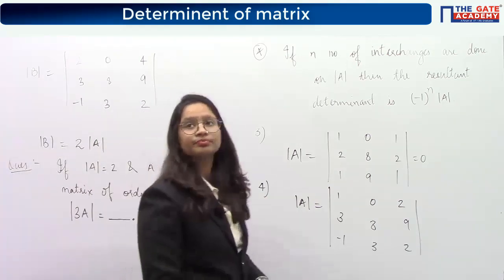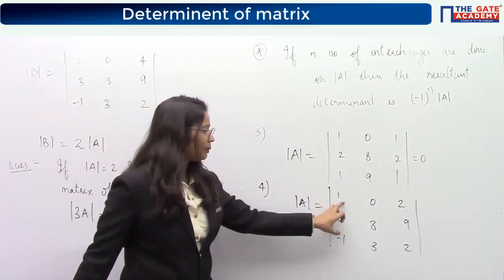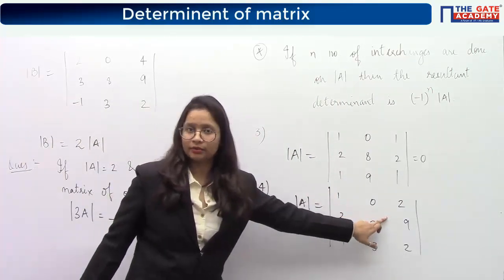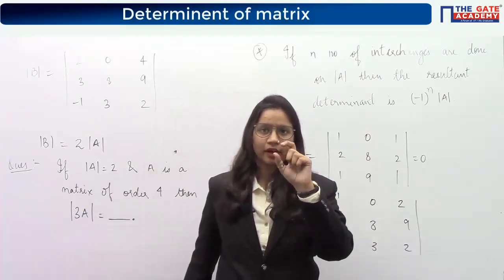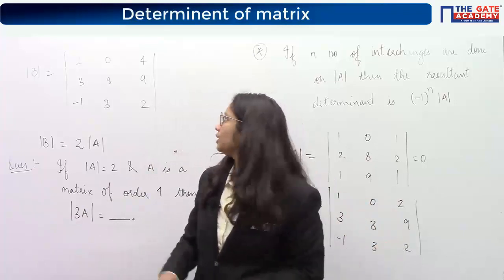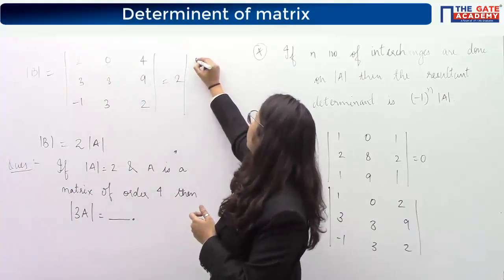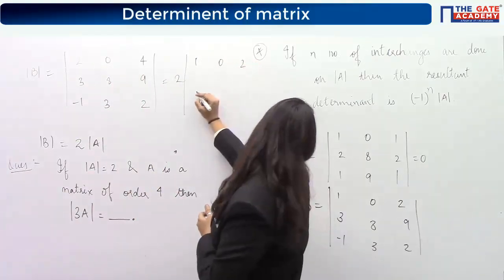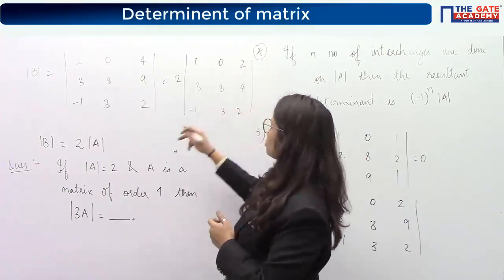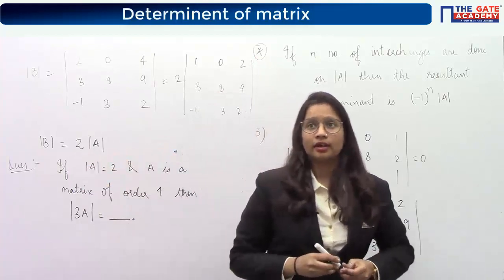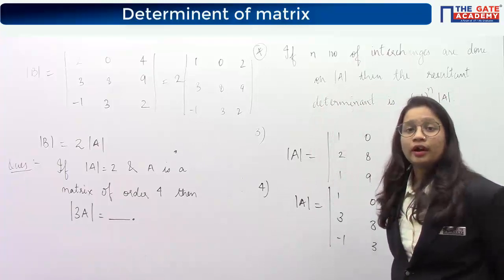Solve this. Let's say for this determinant you have multiplied one common factor to one particular row or particular column. If you are multiplying the same factor to each and every element, then you can take out this 2 here as common. You can take this factor out as common from this determinant like this, so that it becomes 2 times the determinant of A. That's what it is trying to say. Okay, so 162 is the correct answer.